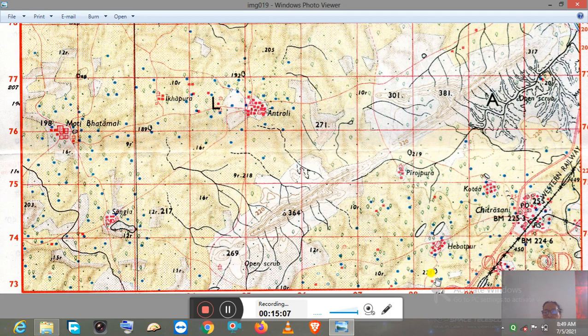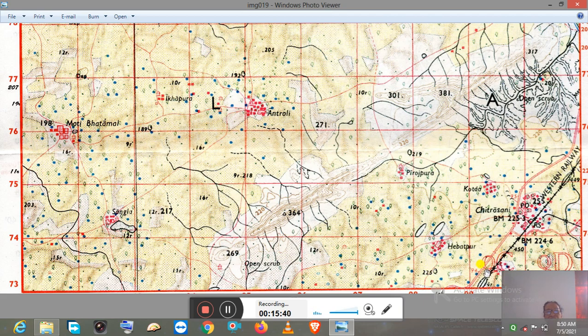Black tree in the map shows the prominent surveyed tree, and numbering is given in that particular area. There are about 225 trees in the reserve forest. They are counted and written. After surveying, it is counted and written on one of the trees. This black tree shows the prominent surveyed tree.